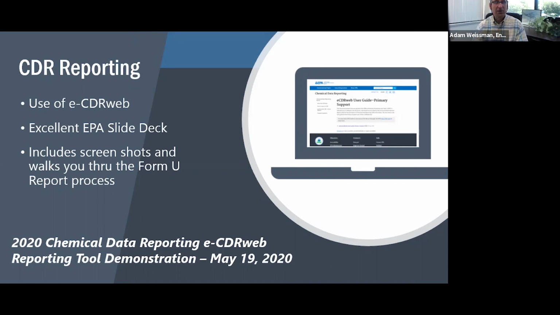If you're actually going to generate and file a Form U, just like in TRI, there's the authorized official who has the ability to create, unlock, amend, and submit the report. There's an agent who can create, amend, and also submit some of these amended reports, and then there's a new support function assigned by the authorized official who can help modify reports. So you have to have all that set up in advance, who's authorized to make the submission, etc., and get yourself completely set up to file these reports. That all does take some time also.